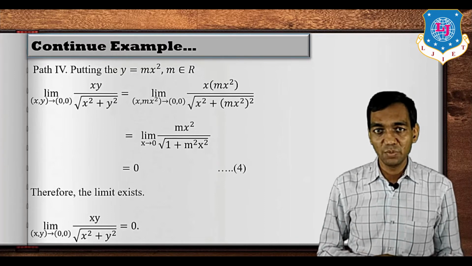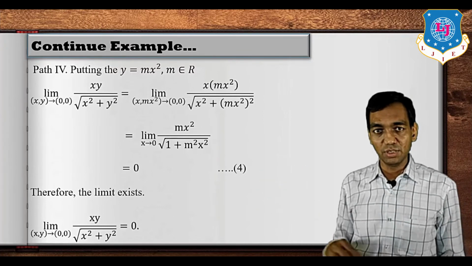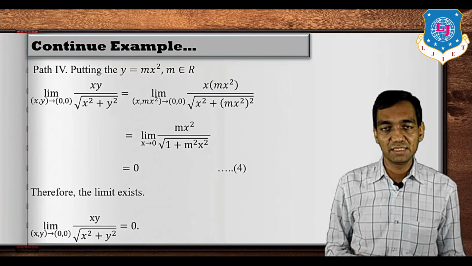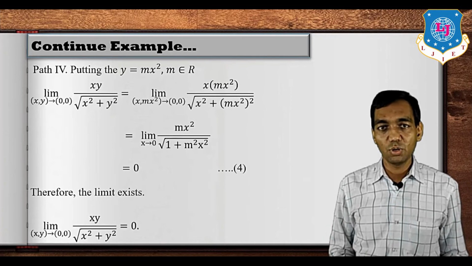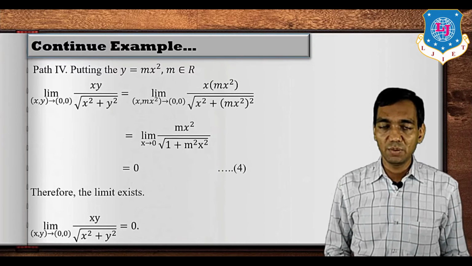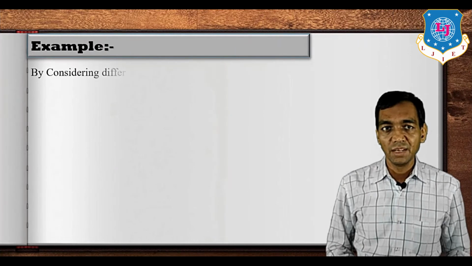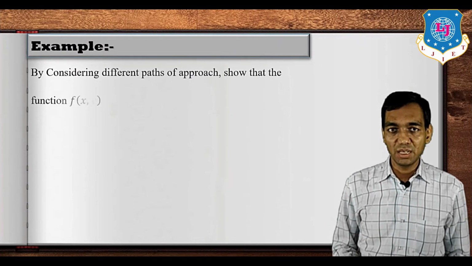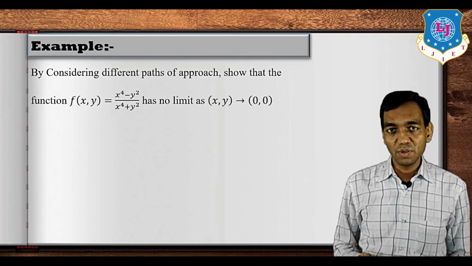Now if you put the limit x tends to 0, then you will have the value 0. That's why the limit exists and it has the value 0, because for all paths we have the same limit. So generally we check it for y is equal to mx square. In the same manner, by considering different path approaches, show that the function